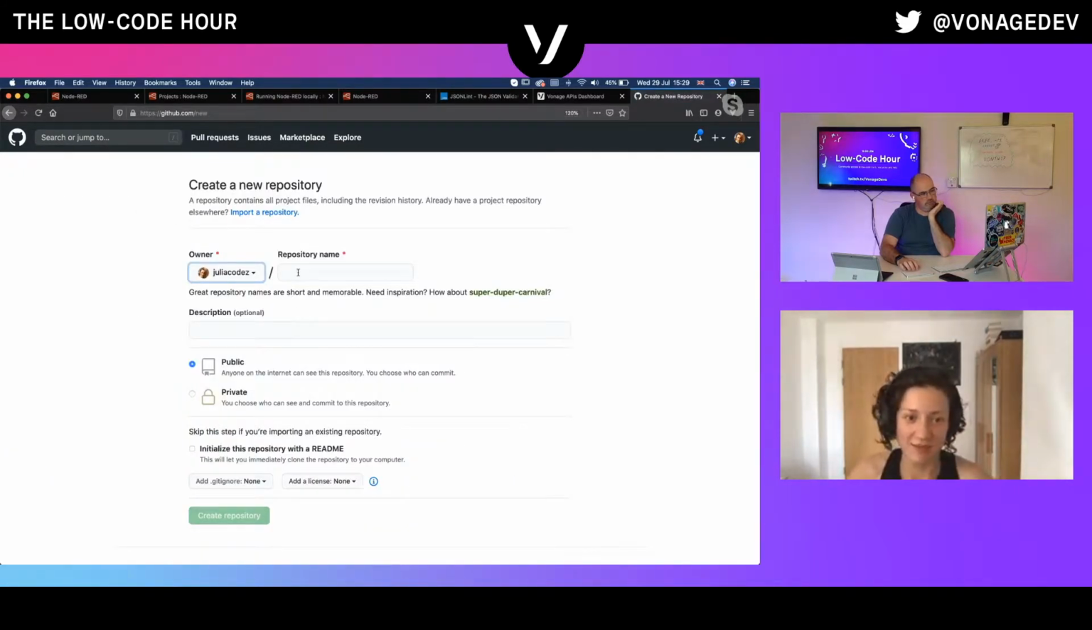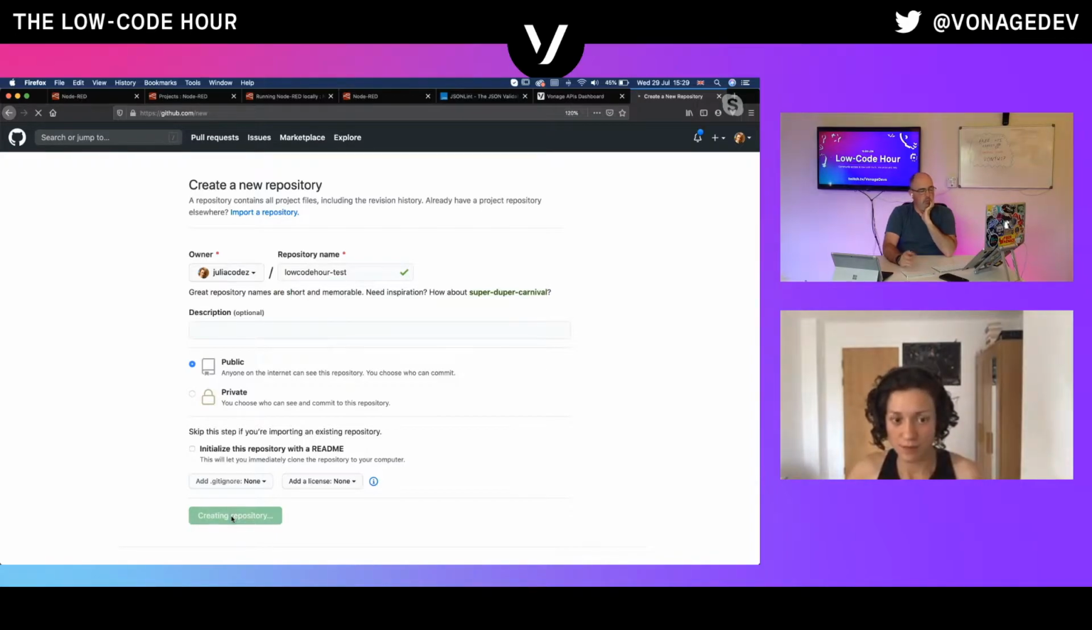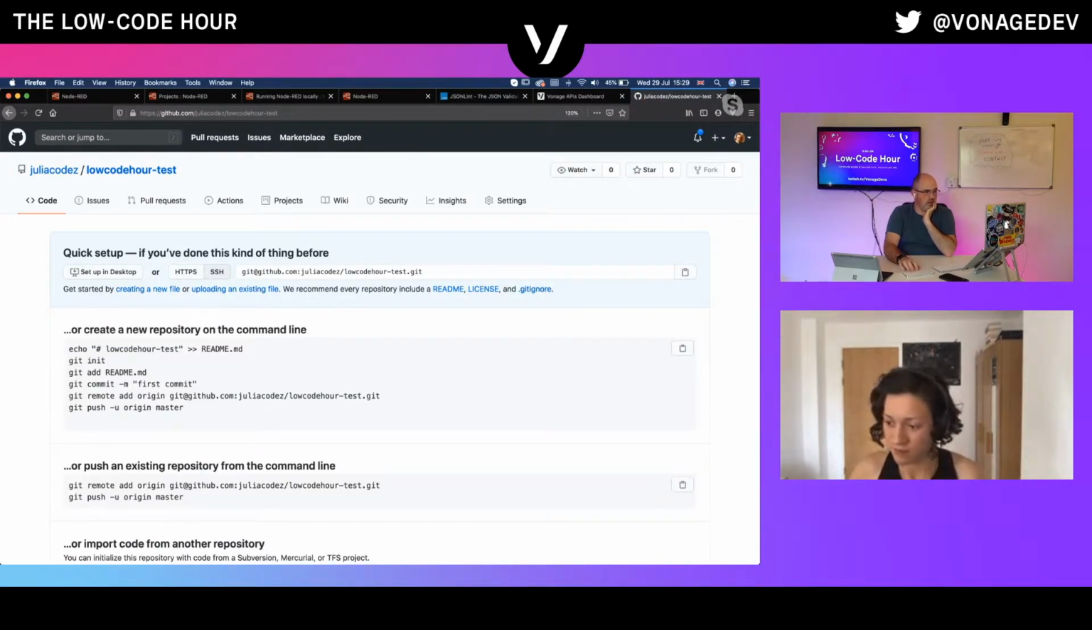Let's call it low code something. That'll do. We don't want to add any of the readmes or license, because that actually creates files and we end up in a mess then. So just that'll do. Low code hour test. Create repository. For now we're just going to create it. And obviously we'll make this one public so I can see it. Okay, now,